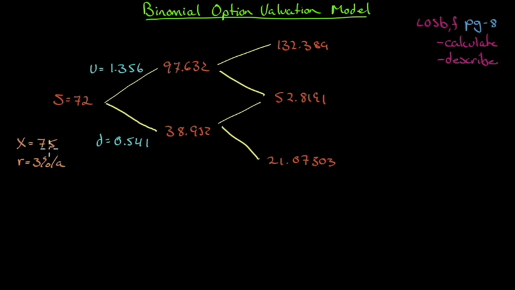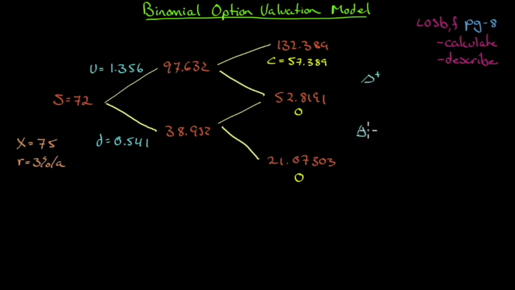Now from here, figuring out the call price is very, very easy. If my strike price is 75 and my stock price is 132, the call would have a value at this point of 57.389. Here, it would have a value of 0. A strike of 75 and a price of 52, value of 0, and a value of 0. So from there, now that I have this, I've done my last period time,